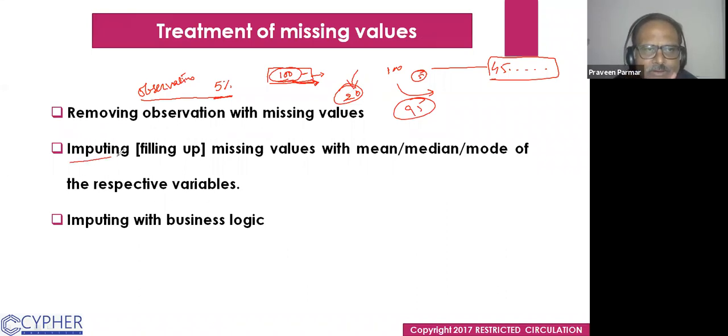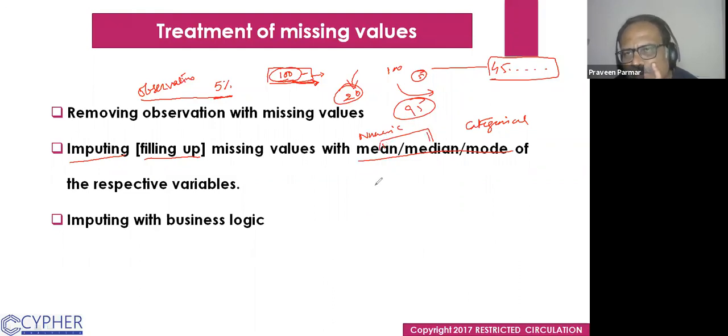So for imputing, we have two processes. Imputing means filling up those NAs with a measure of central tendency: mean, mode, median. If you have numeric data, you will use mean or median. If you have categorical data, you will use mode. And for numeric, where do we use mean and where do we use median?